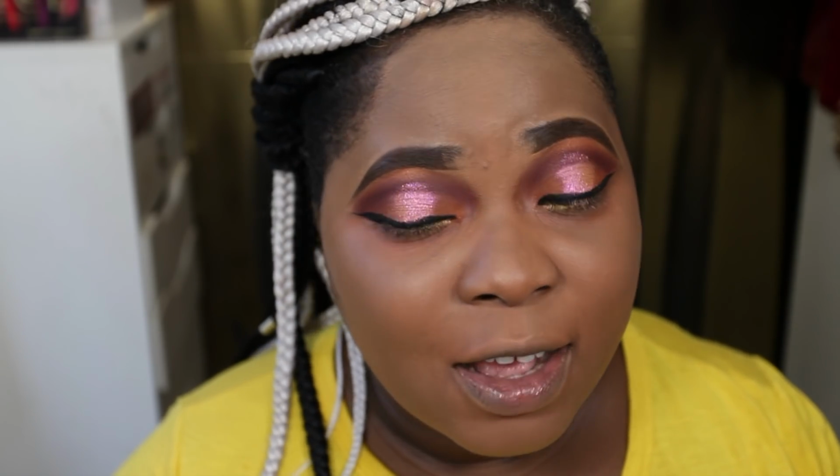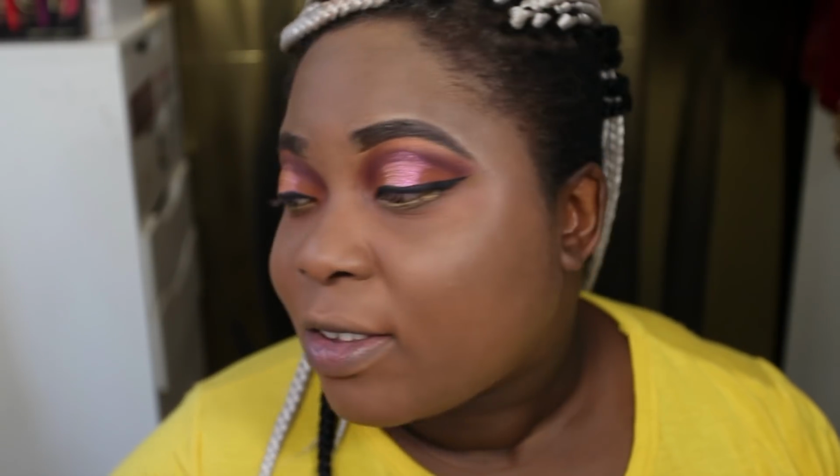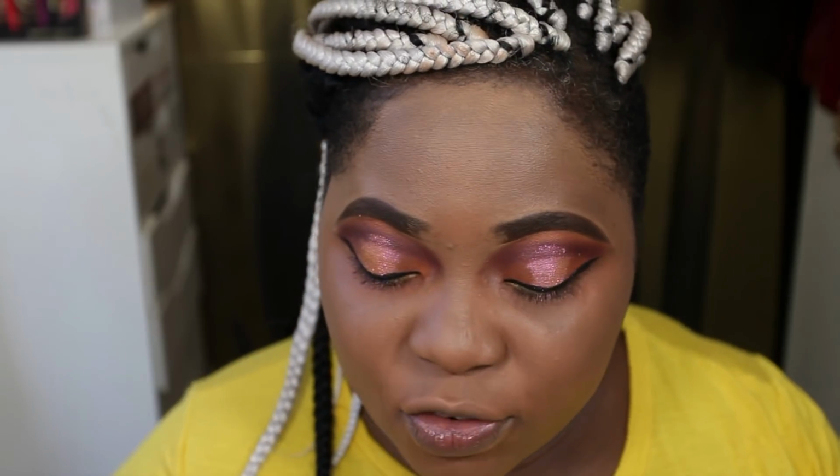I'm sorry guys, I can't continue. It just feels heavy, it feels cakey. I have only done one layer. It doesn't look even, it doesn't feel like it's evening out. I don't know if it's the primer or if it's the foundation itself, but I already know the color match